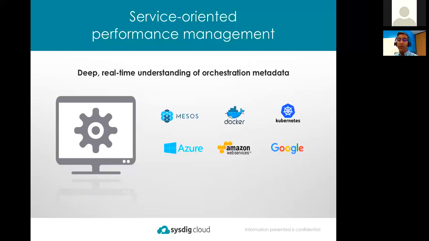The way we do it is through deep real-time understanding of orchestration metadata. So what we do is we integrate with your orchestration system. So, Mesos, whether you're using just the raw open source Mesos, you're using DCOS, Docker, if you're using basically anything from the Docker stack, whether you're just doing raw containers with labels, you're using Compose, you're using Swarm, you're using UCP, we're comfortable with all those technologies, and Kubernetes as well.